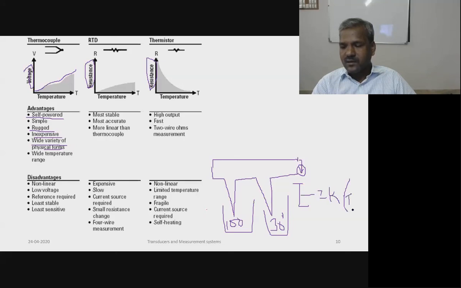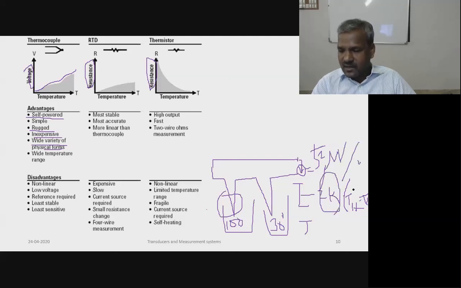times the temperature at the hot junction minus the temperature at the cold junction. So suppose this is the hot junction and this is the cold junction. This voltage output is available. Suppose it is a J type thermocouple, the sensitivity is 52 microvolt per degree Celsius, multiplied by the difference, which is only 70. So 52 microvolt into 70 degrees only is the output responded by the thermocouple.